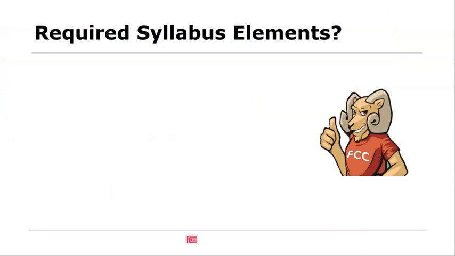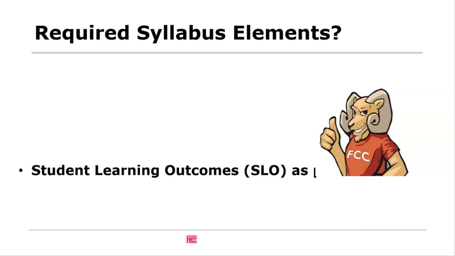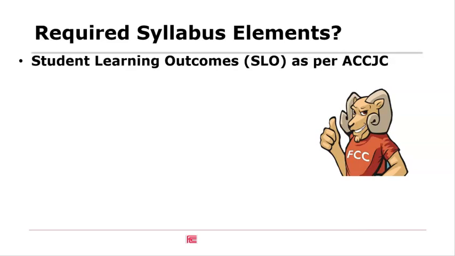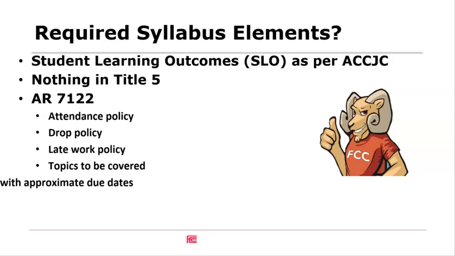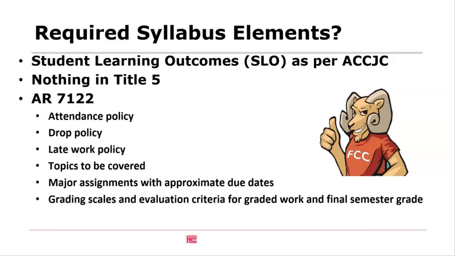You may be wondering what's required to be in our syllabus. Our accrediting body, the Accrediting Commission for Community and Junior Colleges, ACCJC, requires us to include our student learning outcomes. There's actually nothing in Title V, but our local administrative regulation does include some requirements. AR 7122 asserts that we must include our attendance, drop, and late work policies, the topics to be covered in the class, the major assignments with approximate due dates, and the grading scales and evaluation criteria for graded work and